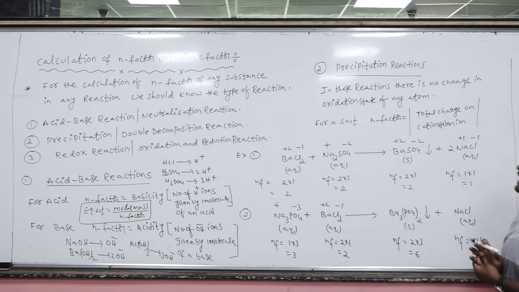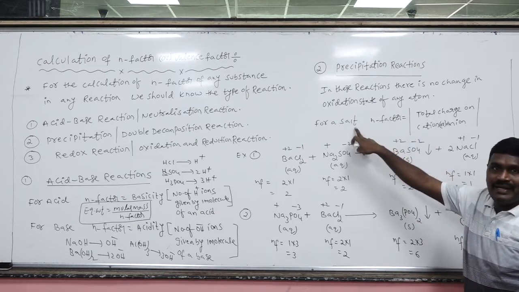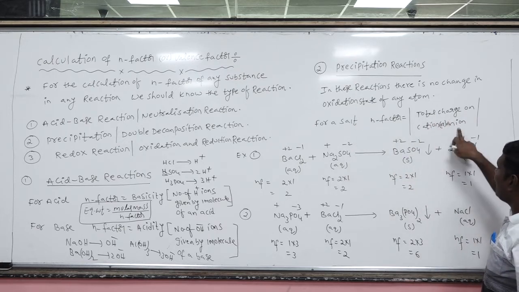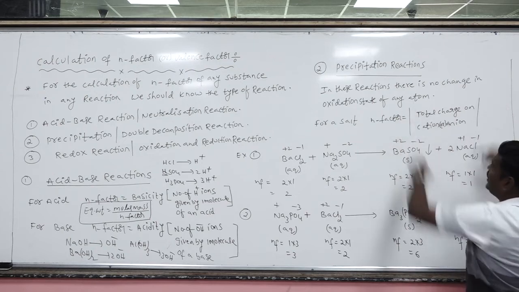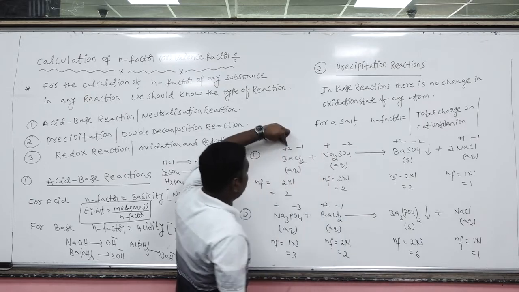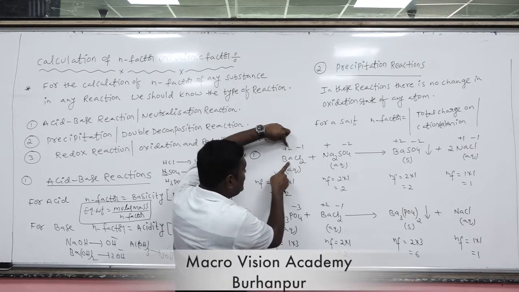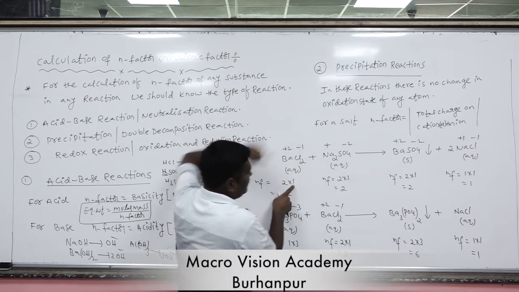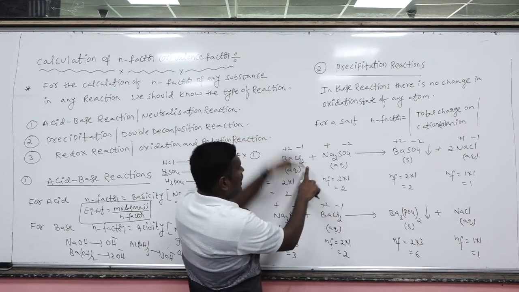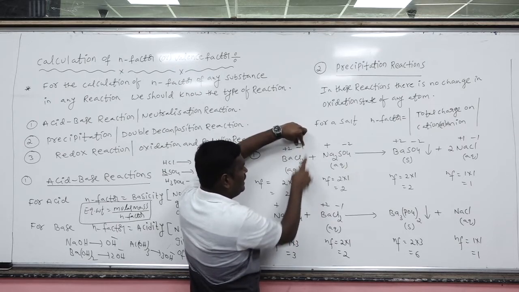So how to calculate the N factor of a salt? In the last video, I explained how to calculate the equivalent weight or N factor of a salt. It is the total charge on either cation or anion. Remember, we only have to take the magnitude, not the sign. Let's suppose barium is there. What is the valence of barium? 2. Now, how many barium atoms are there per mole? Only 1, so charge into number of atoms. Now with respect to the anion, what is the charge on each anion? -1. How many ions are there? 2. 2 into 1, again 2.